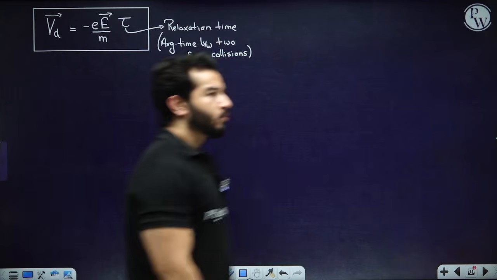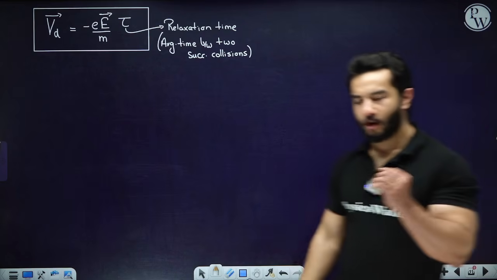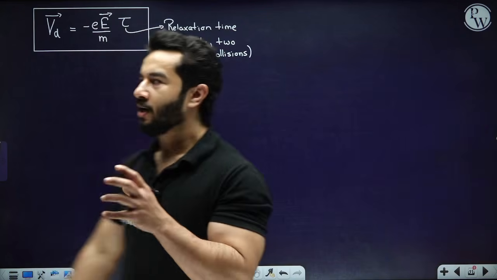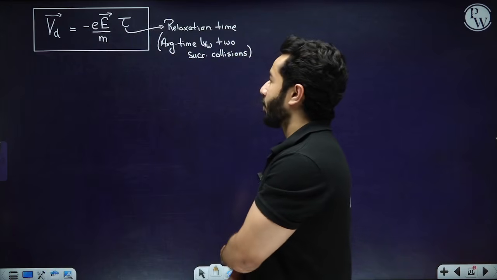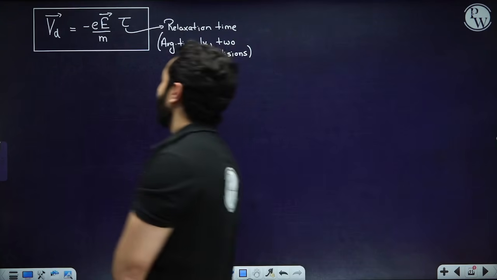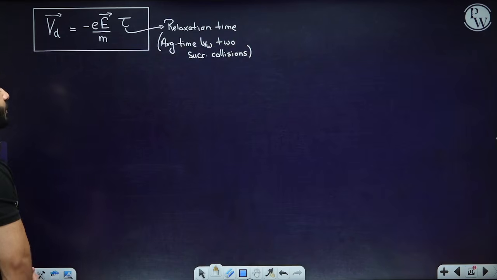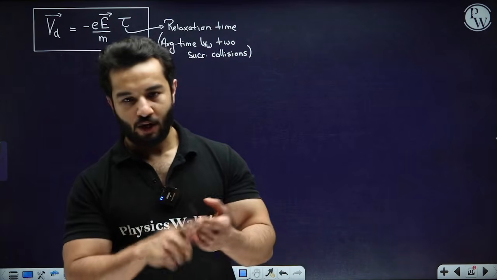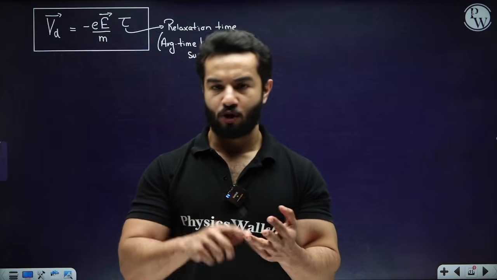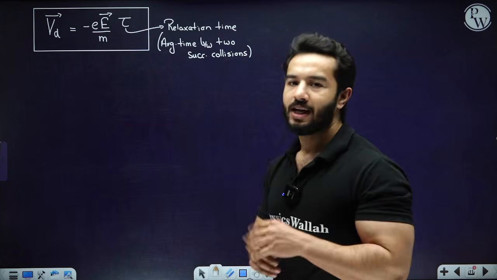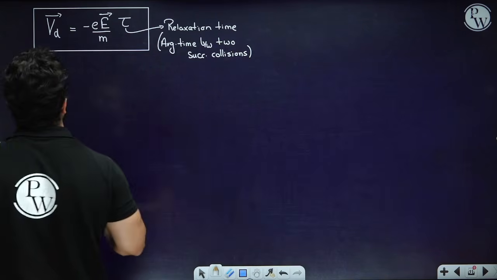All right, hopefully everything is clear. Now from this you can have mini questions developed from this particular formula, that is Vd equals minus E e tau by m, right? The first thing we are going to do after drift velocity is state Ohm's law, then we'll try to prove Ohm's law using all of this formula, right? But first of all, let's have a look at what will happen if I increase the temperature,